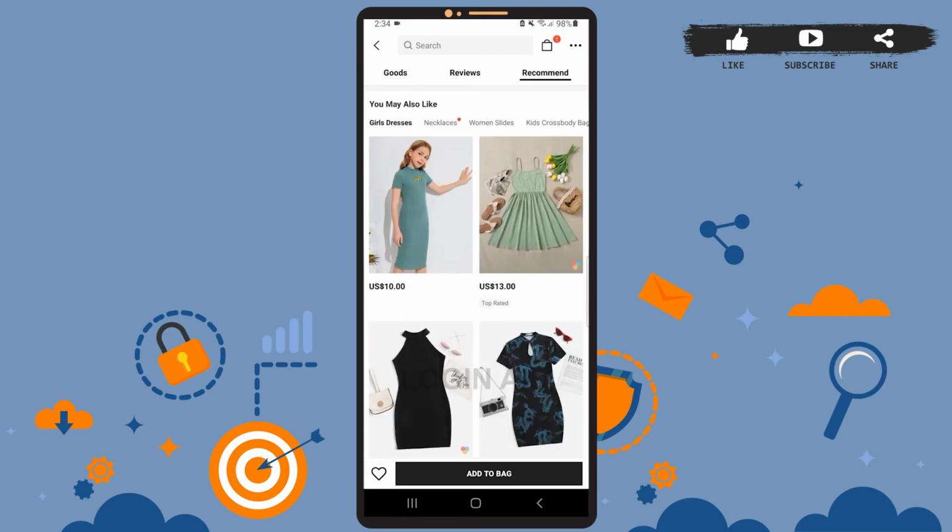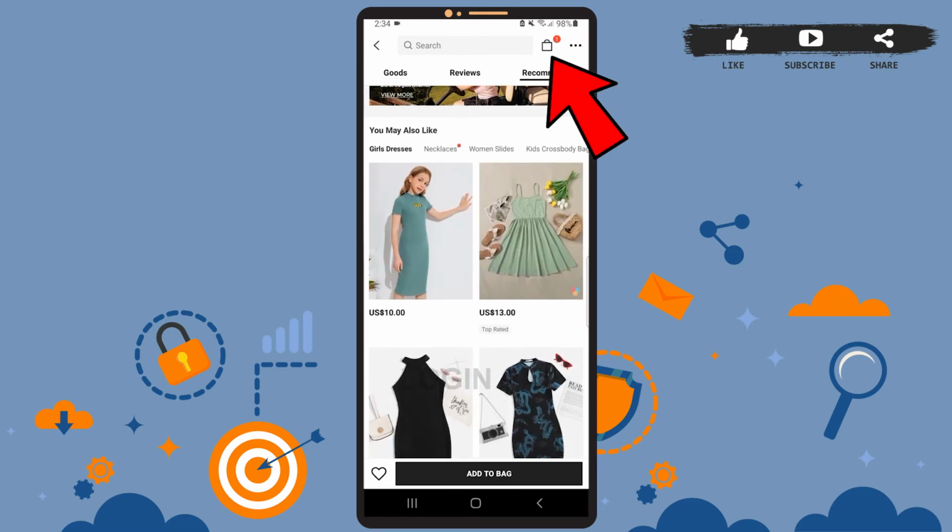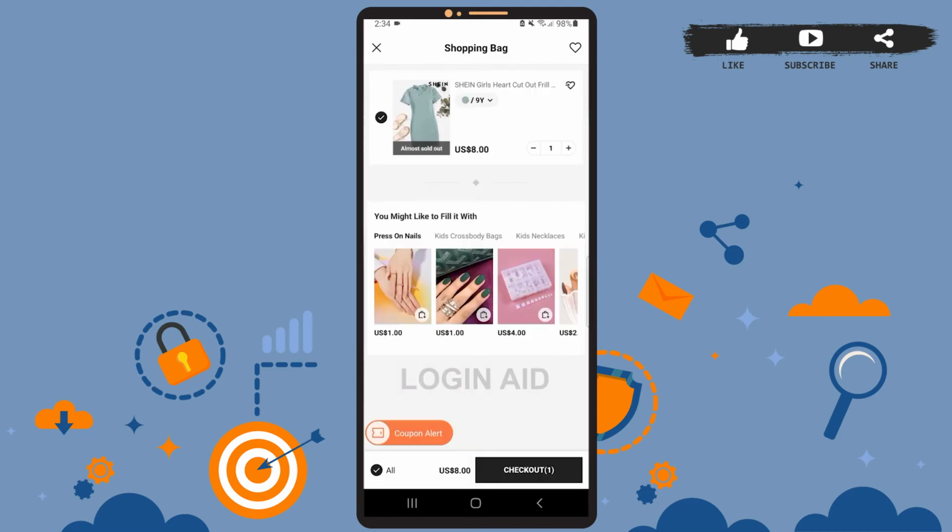So let's go back and tap on the shopping bag icon at the top right corner of the screen. Now on this checkout page, you can see this option coupon alert at the bottom of the page. So tap on that option. After you tap on that option, you'll see a list of coupons that are available for you, as you can